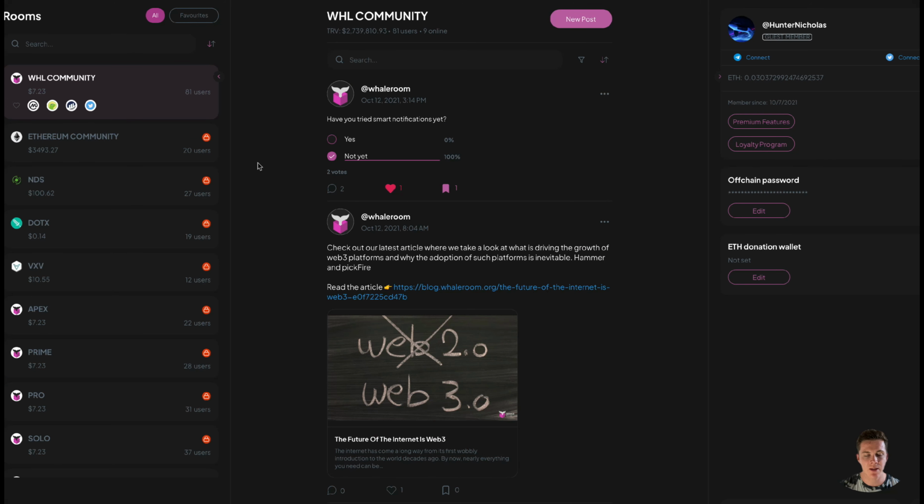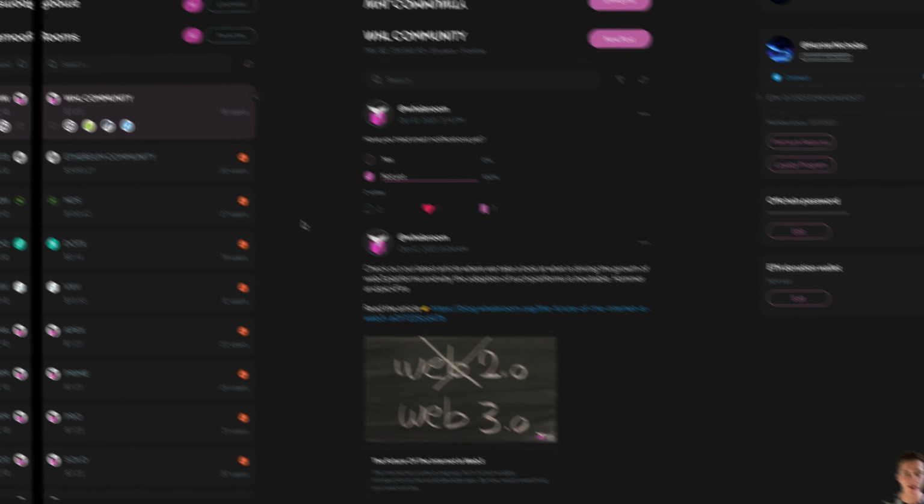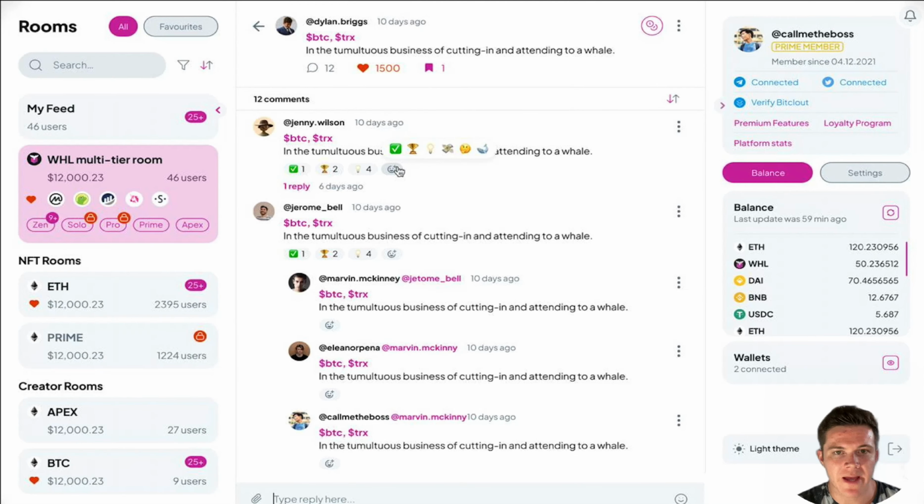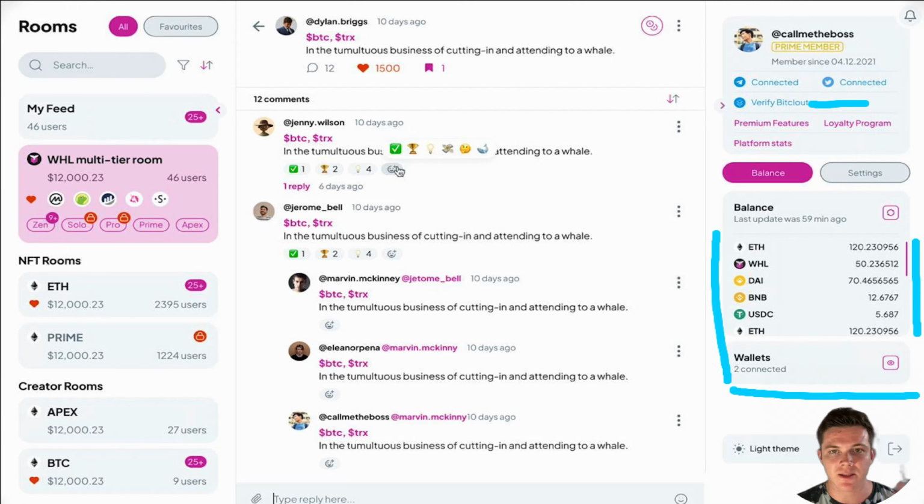So here is an example layout of the main dashboard, right? Just wanted to share this one more time. So here's a balance, right? Here's an example. You can see your ETH. It's nice. You can see all your pictures, your amounts, your wallets. You know, you can connect multiple wallets depending on what you use, which is super nice as well. You can also connect your BitClout up here to your top right, which is another basically social community platform. Very unique, by the way. Lots of momentum building on that platform, in my opinion, as well. There you are with your profile picture.